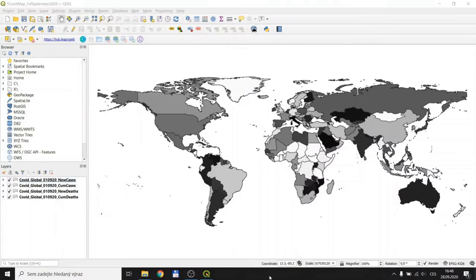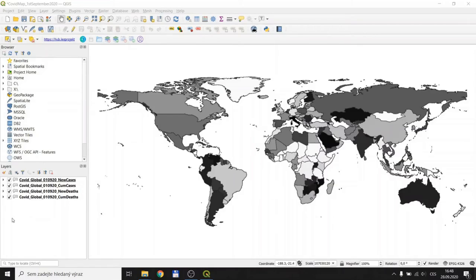We have here 4 examples of datasets about the COVID-19 globally for the 1st of September 2020. We have here the new cases for this particular date. We have here also the cumulative cases from the beginning of the infection at the particular state till the 1st of September. We have new deaths for the particular date and the cumulative deaths as well.